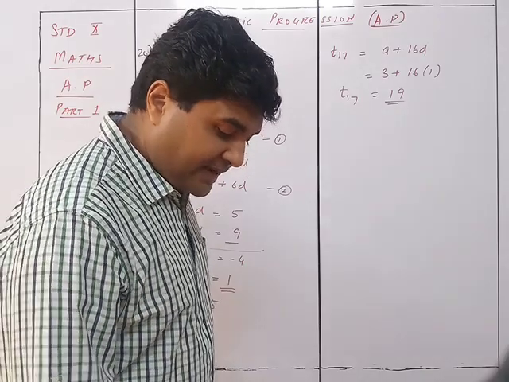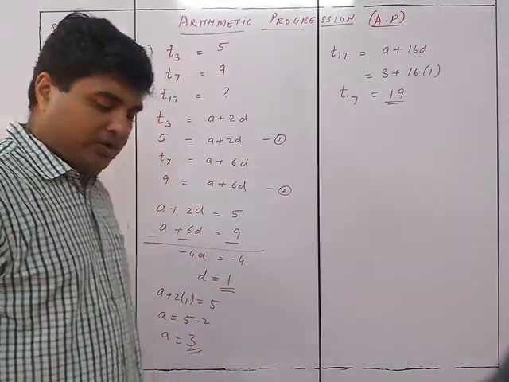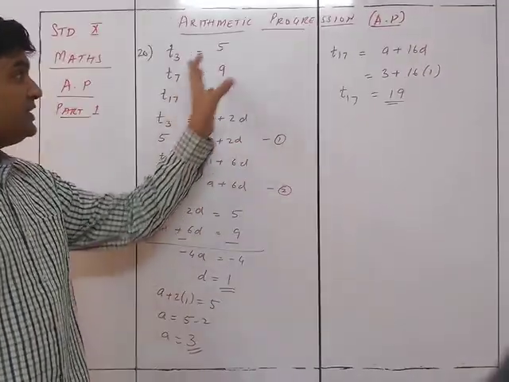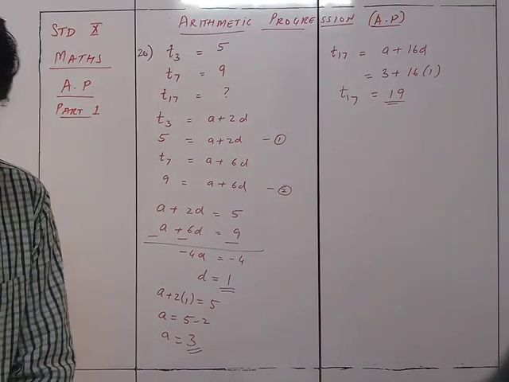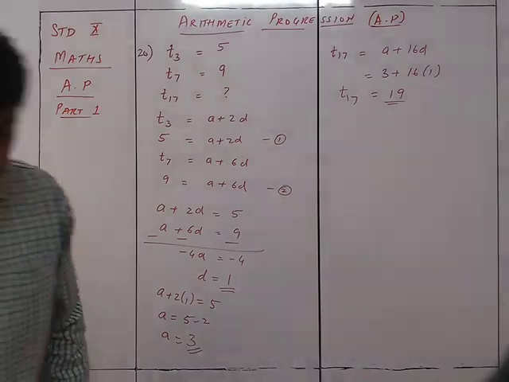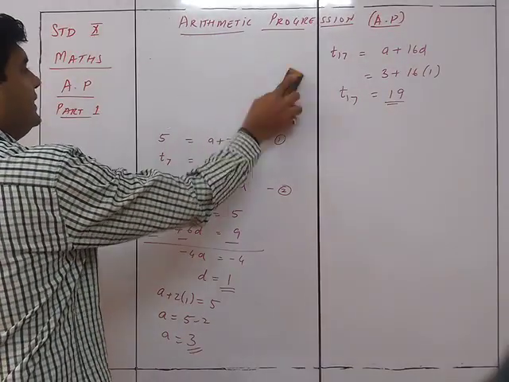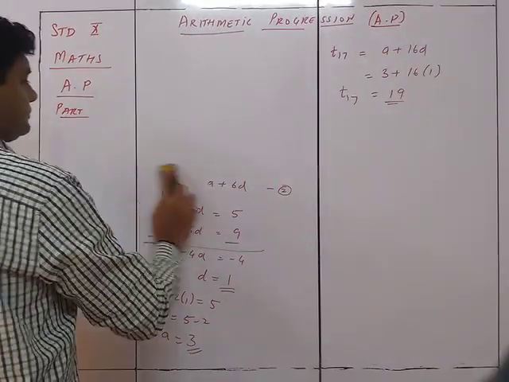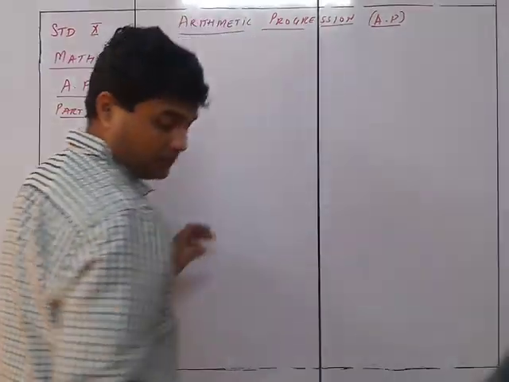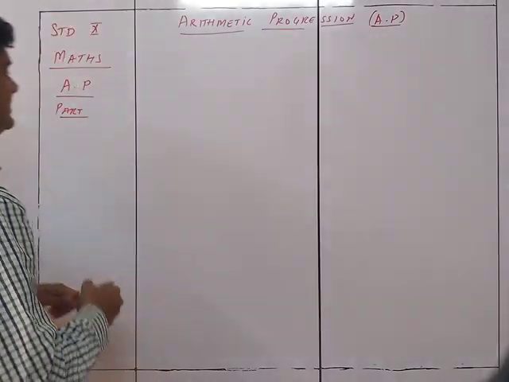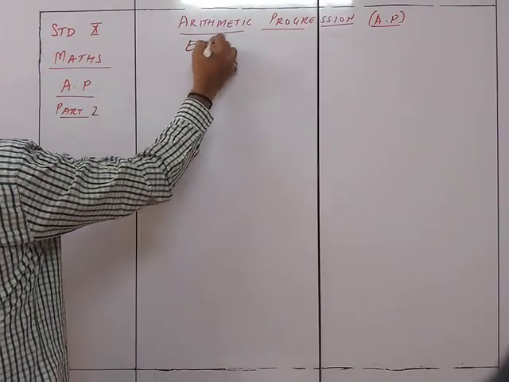Now in exercise 10B, there is nothing new. It is just that you are going to have some complications in the numbers given to you. Otherwise everything remains the same. So we just continue without any change. Let's start with exercise 10B.